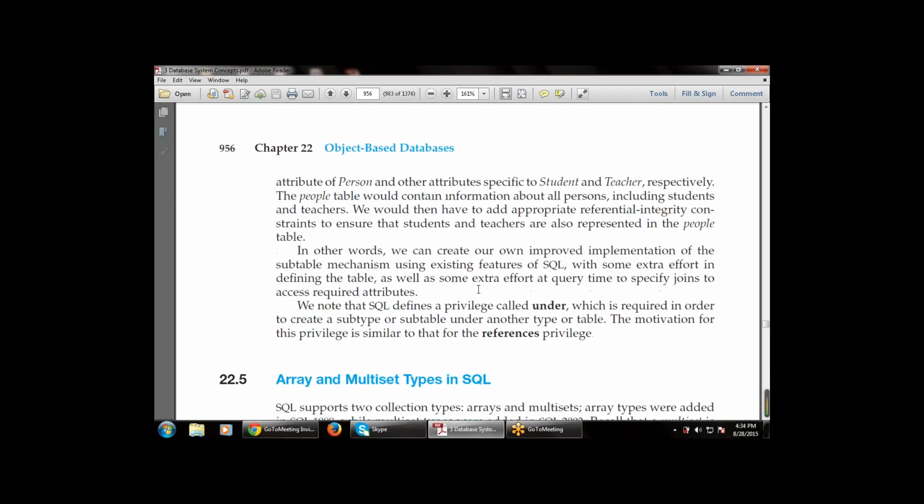In other words, we can create our own improved implementation of the subtable mechanism using the existing features of SQL. So we can also improve our implementation of the subtable mechanism, and we can also maintain the subtable. We can create the subtable by using the existing features of SQL with some extra effort